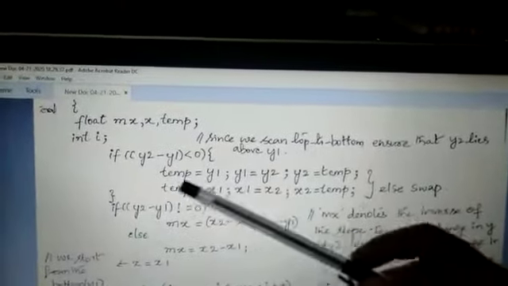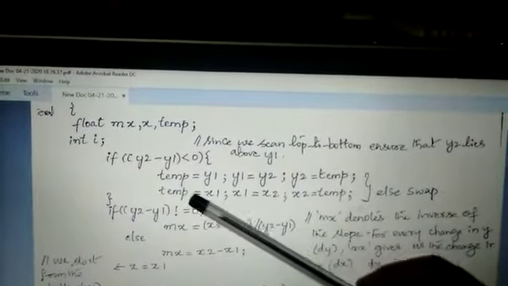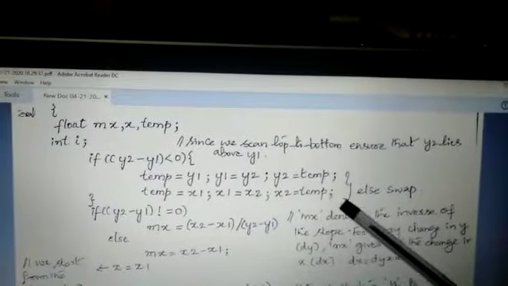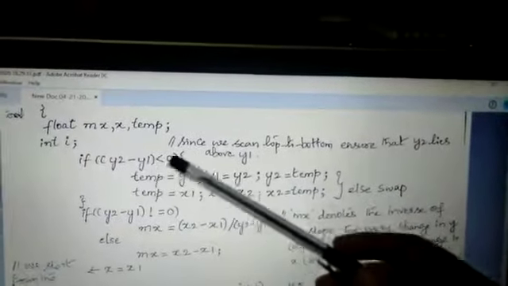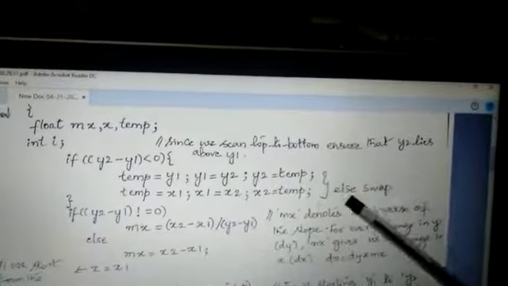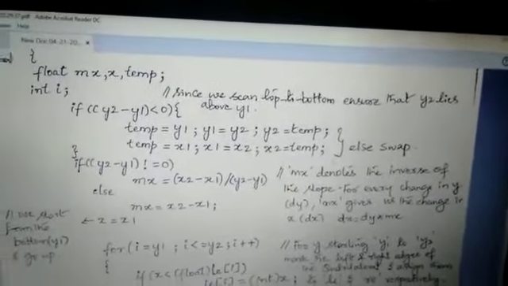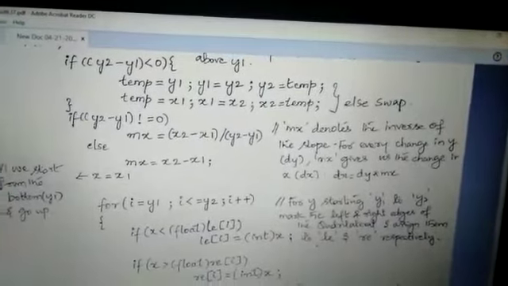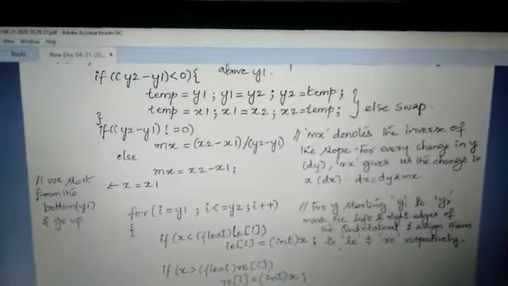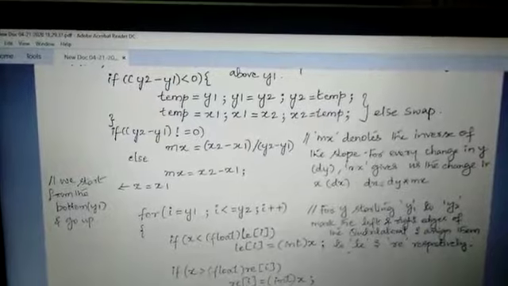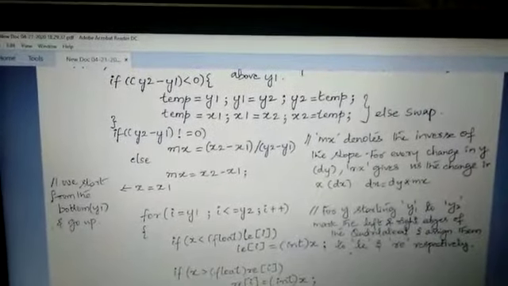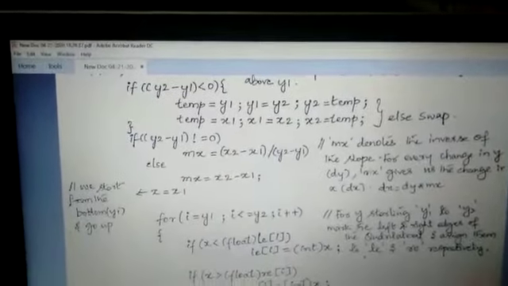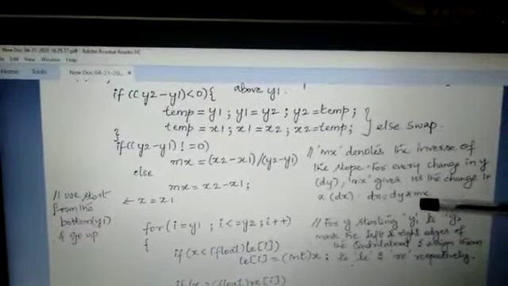So here we give the value to a temporary variable first, then we swap. If this condition is not satisfied, we end up swapping the content. Then we have mx, which denotes the inverse of the slope. For every change in y of dy, mx gives us the change in x of dx. So dx is equal to dy into mx.